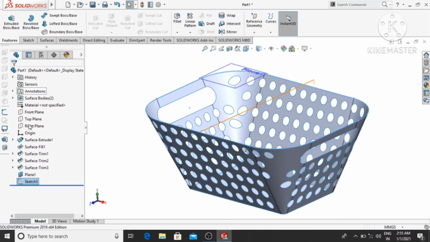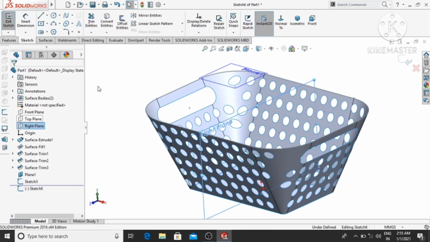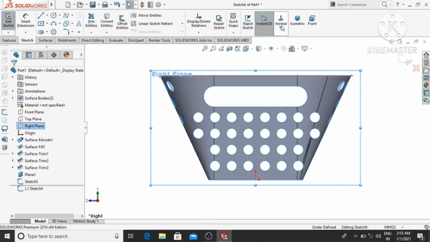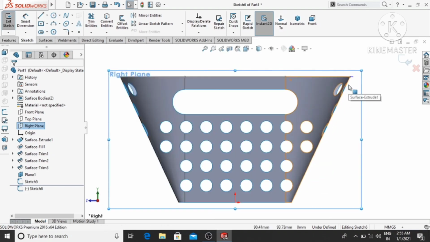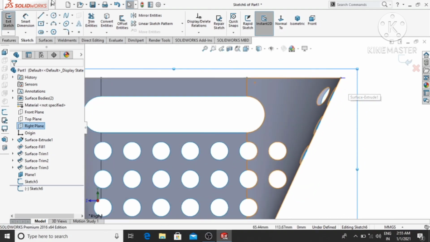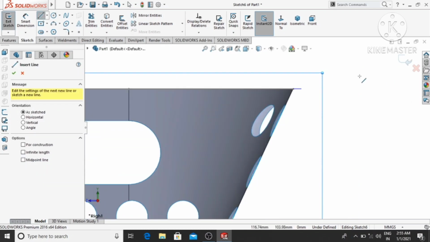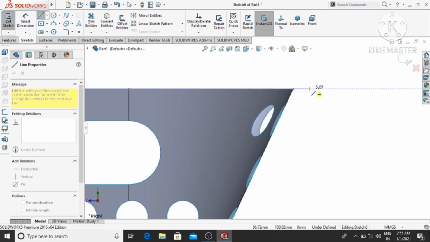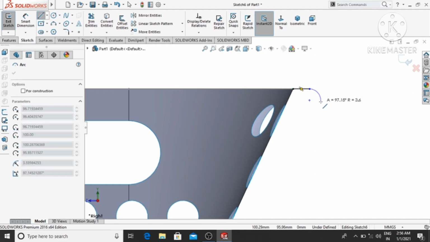Now select this right plane, sketch, then normal, and here we make the sketch. So select this line and from this point make this line up to here and simply select and drag and make the arc up to this one.